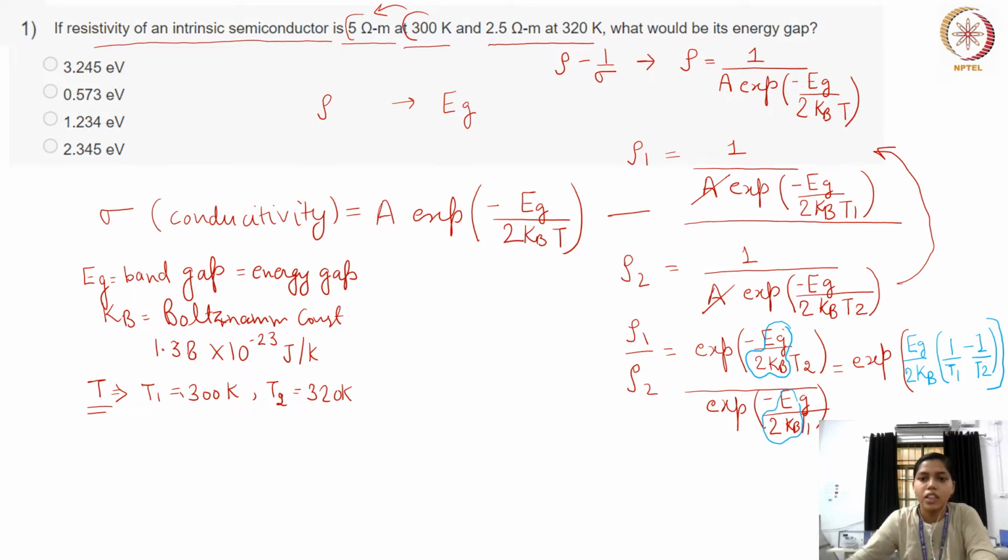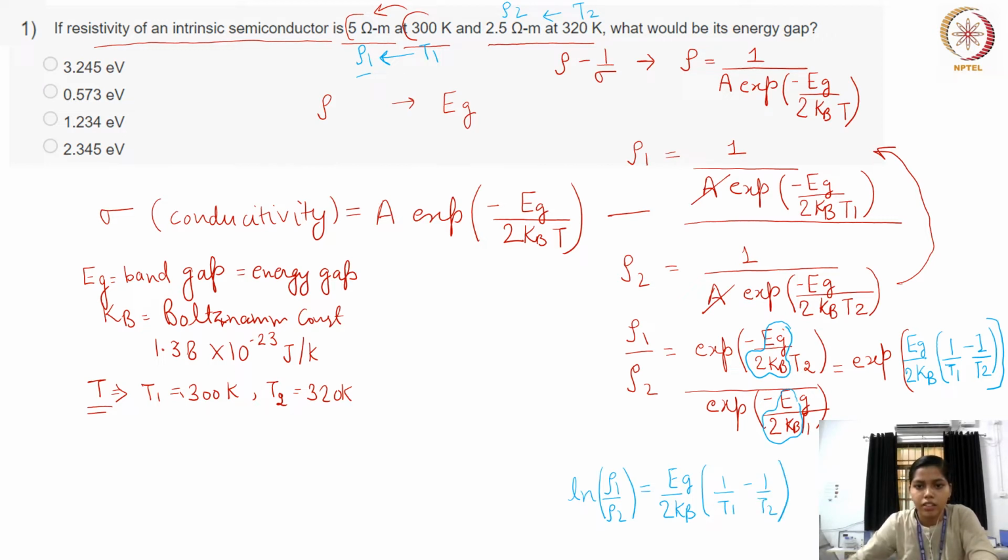Okay, so I think it's clear. So rho 1 is given; if this is your T1, the resistivity at this corresponding temperature is rho 1, and if this is your T2 temperature, the resistivity value is rho 2. Okay, so if I want to calculate the band gap from this expression, I can write ln of rho 1 divided by rho 2 equal to Eg divided by 2 kB multiplied by 1 over T1 minus 1 over T2,